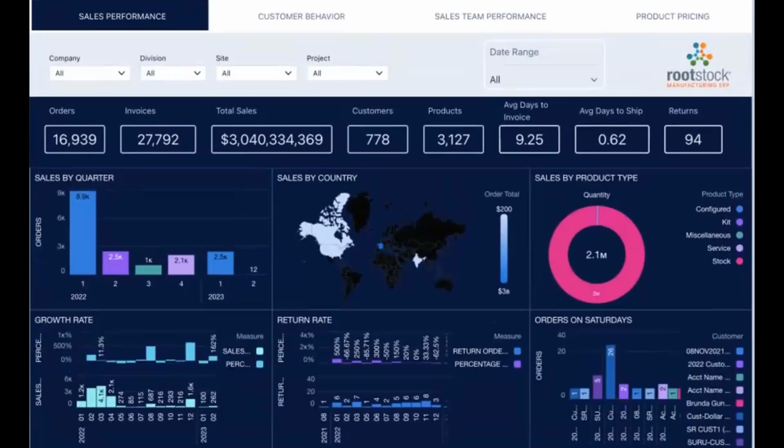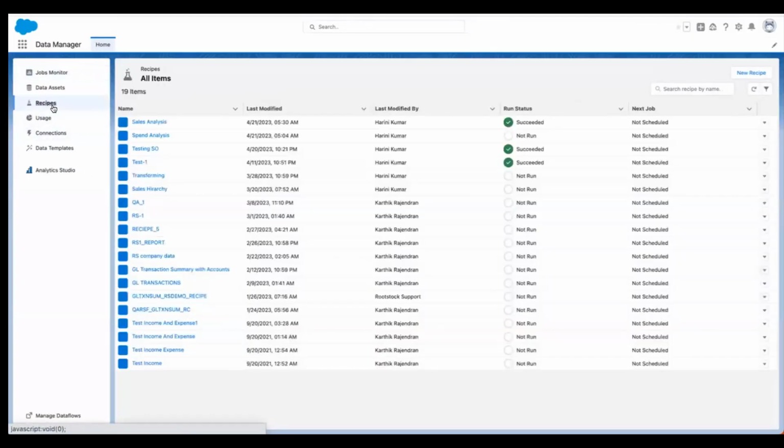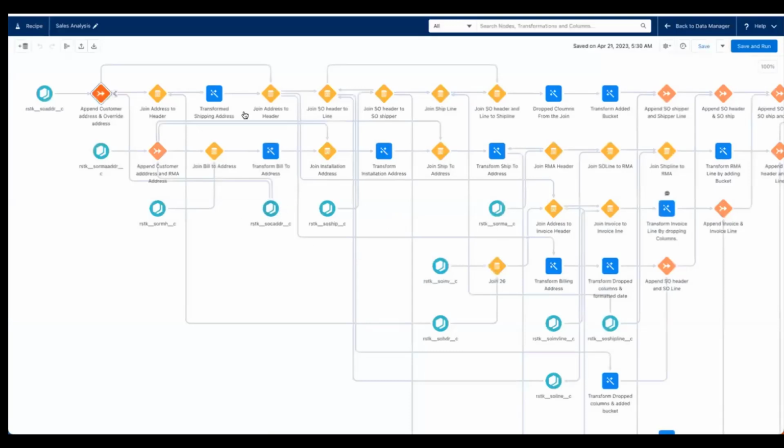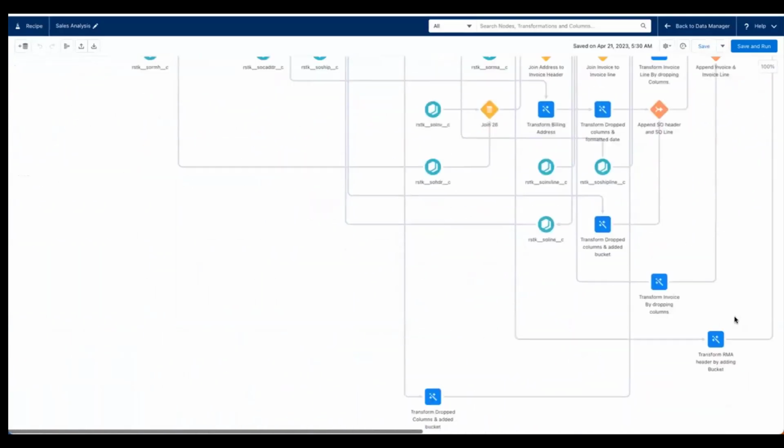of the business. Of course, the big challenge in understanding your data starts with getting the right data in a format that people can understand, like the dashboard you see on the screen. Rootstock has done the heavy lifting for you by organizing the data model into the different data recipes by function and translating the resulting data extractions into different data sets and data lenses that can be represented in the dashboard